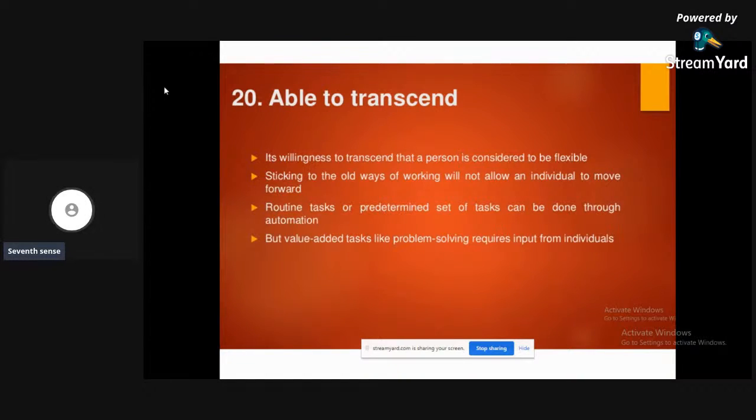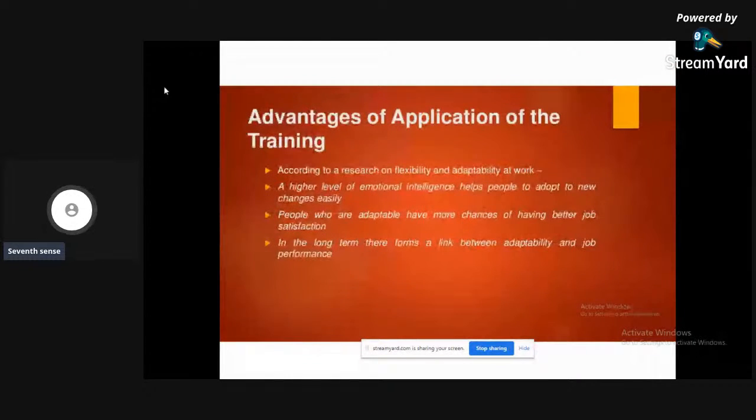So, to face a challenge, if you are flexible, they are saying that okay, you can face a challenge. But value added tasks like problem solving require input from individuals. Suppose you have everything, but you are not willing to work, that is not flexibility, and companies are not going to hire you.